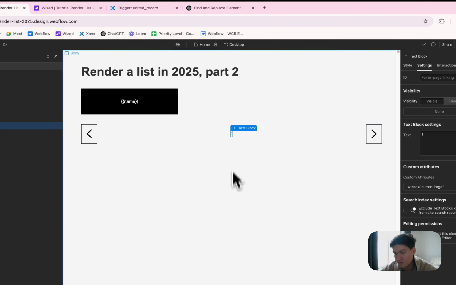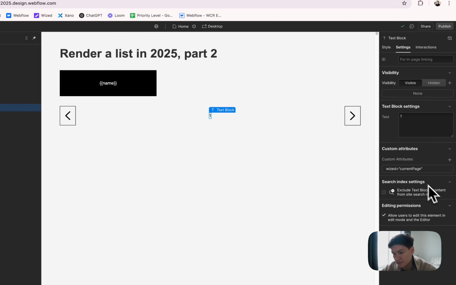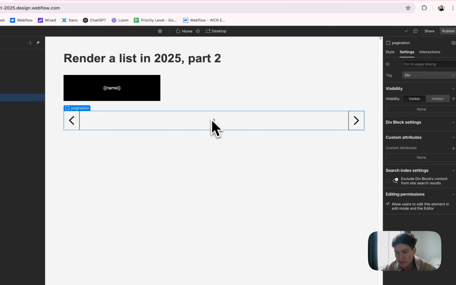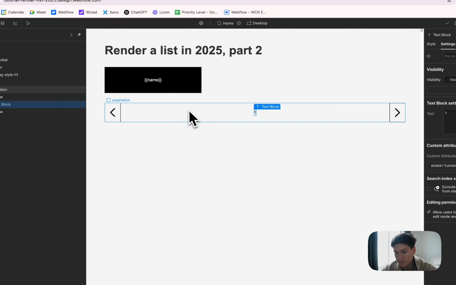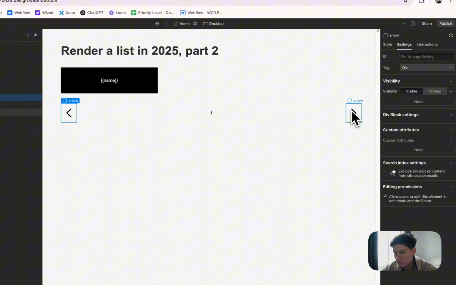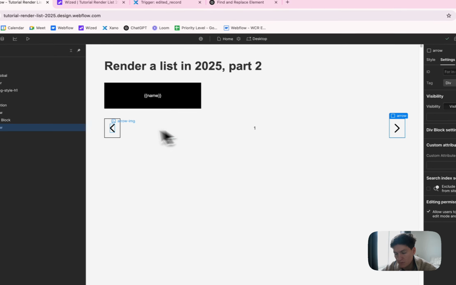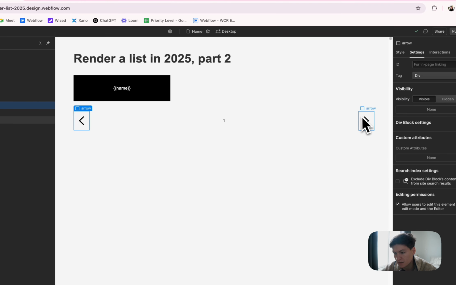Now we have our current page, as you guys can see right now. I just added this component inside Webflow. This is just a text with a Wized attribute. That's it. Nothing has changed here in the front end. Now, obviously, I want to set the arrows here so I can disable and enable them, just so you can see,